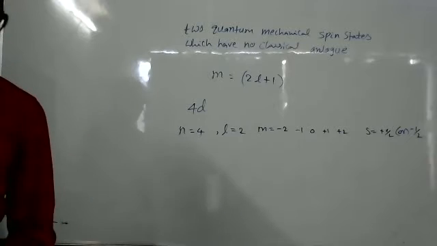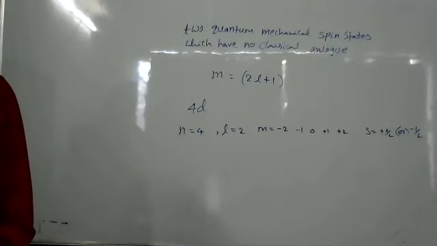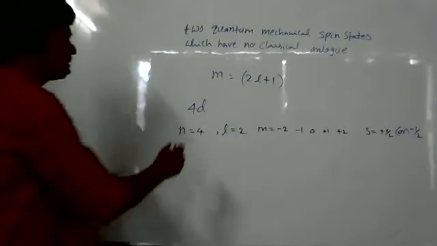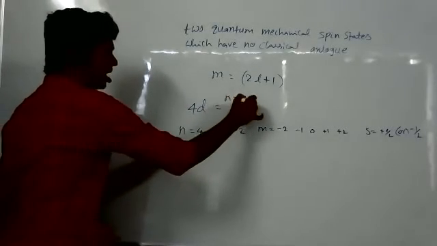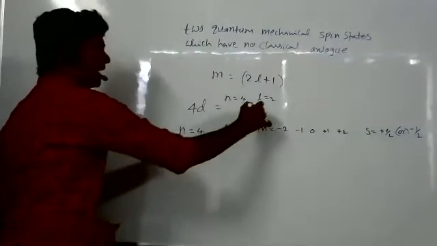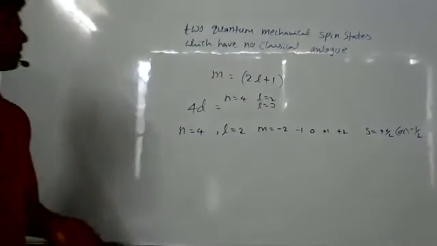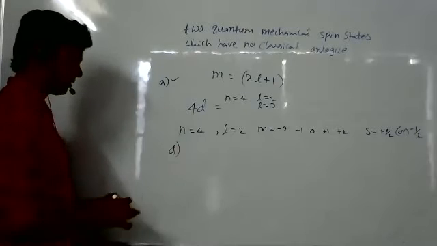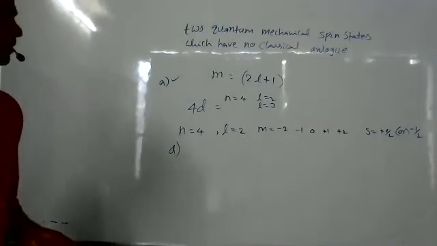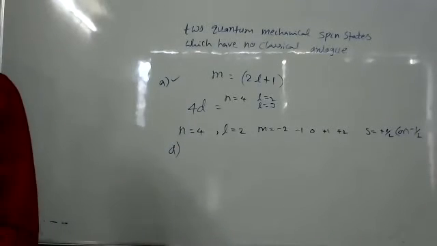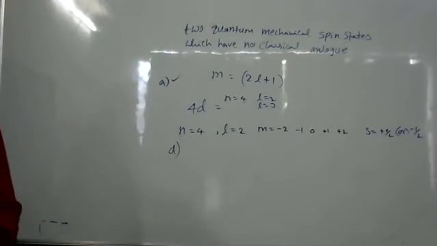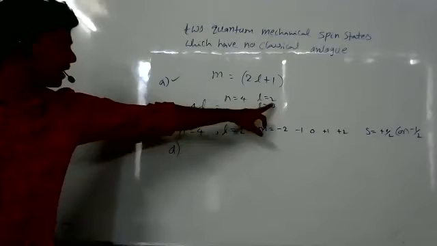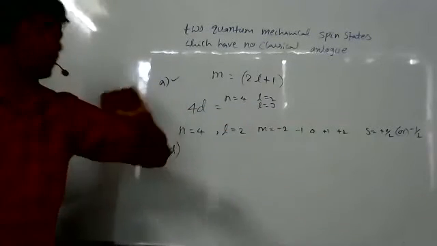So, what is the 55 answer? The answer for 55 is option A, ma'am. 4D means n must be 4, l also must be 2. But in option A, l is given as 3. That's wrong. So option A. For this one, option D. So, sir, l for 4D, no? l must be 2 only. D orbital, l must be 2. That's correct. But here l is given 3 in option A.